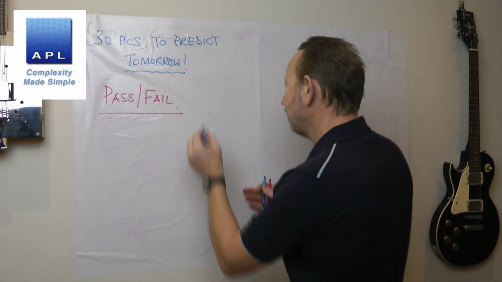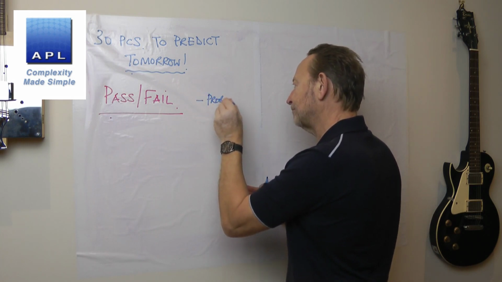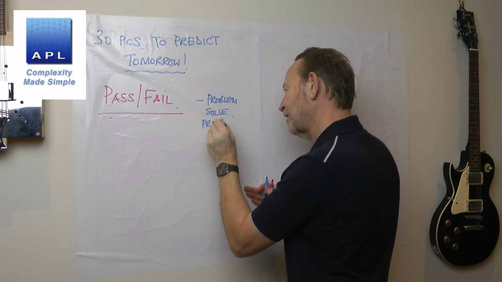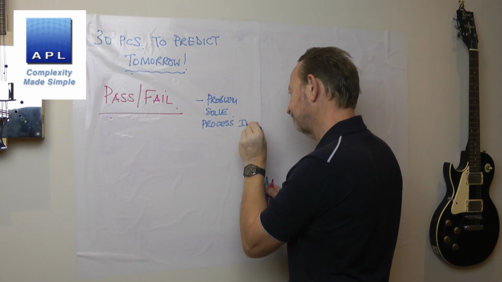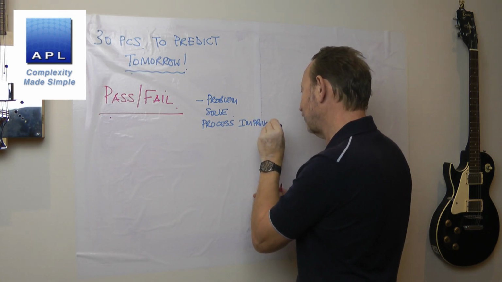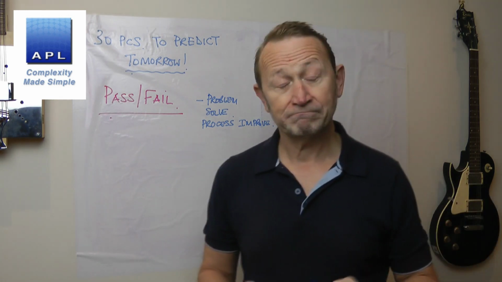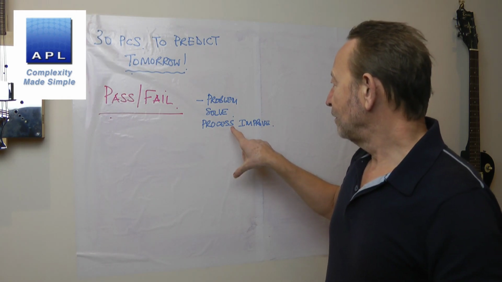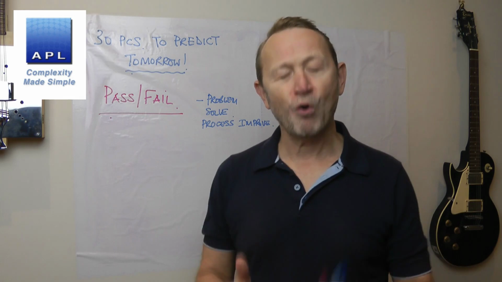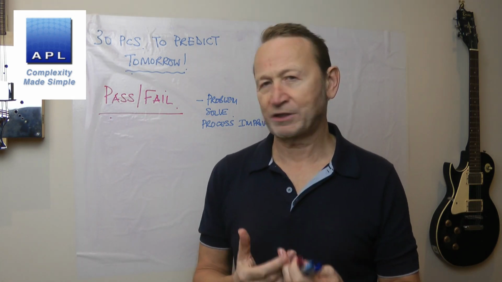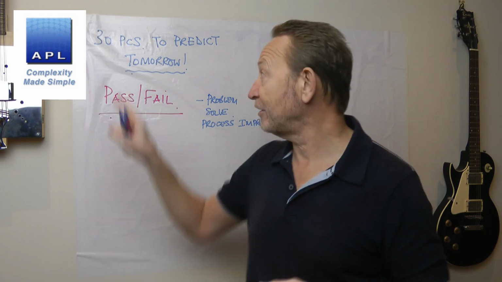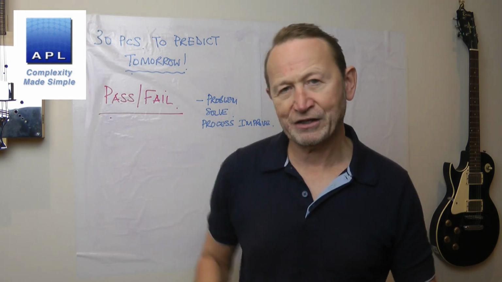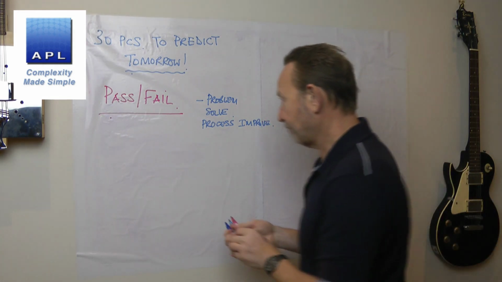However, if you're trying to problem solve or process improve, in other words, you're trying to gain information so that you can decide, maybe I don't need to test these, pass-fail data is appalling, absolutely appalling. It is useless to you. And what Carol's asking is, well, can I take 30 pieces to predict tomorrow? Not as pass-fail. So the message I've sent him back says, job one, the first thing you need to do